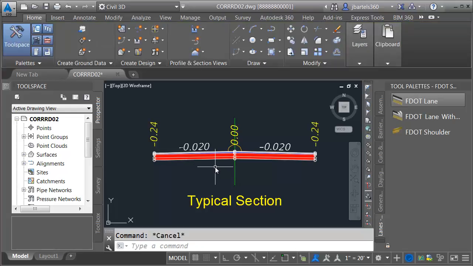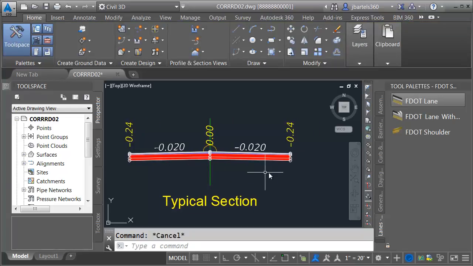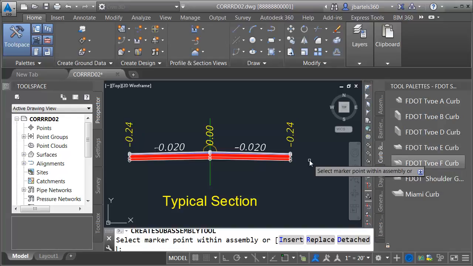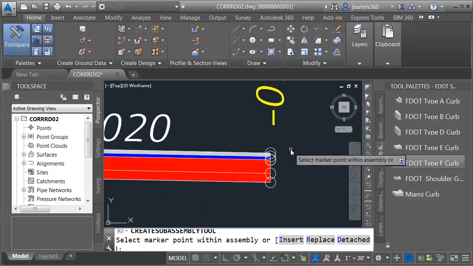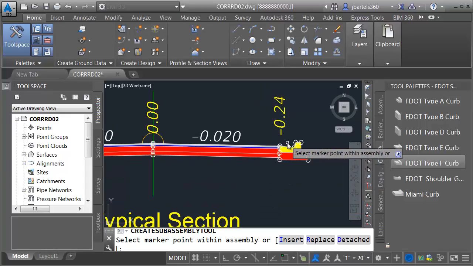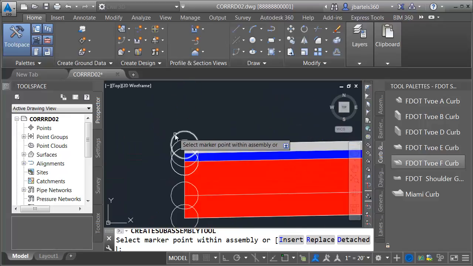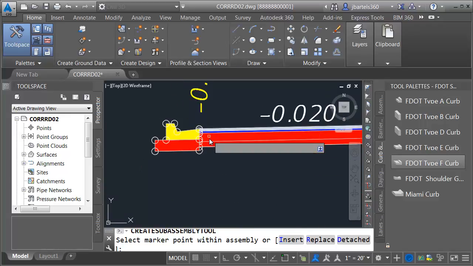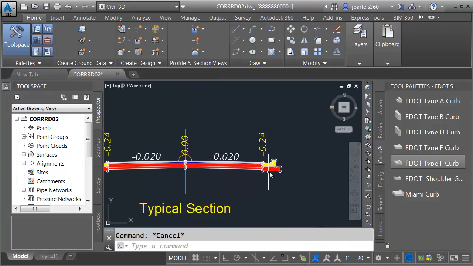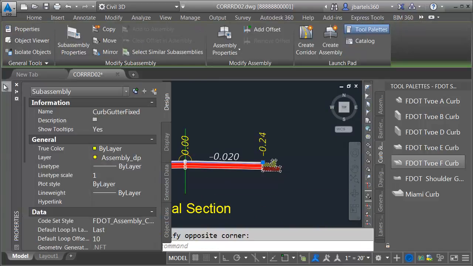Let me press escape, and I'm going to add some curb and gutter. We'll go to the curb and gutter tab. I'll come down here and choose FDOT type F curb. And then to attach a new object, I don't have to worry about right or left at this point. At this point, Civil 3D is right and left aware. All I have to do is grab that ring to snap a curb and gutter on that side. I'm still in the command. We'll take and snap one on that side. Let me press escape. Just for a second, we'll grab the curb and gutter, and then I will open this